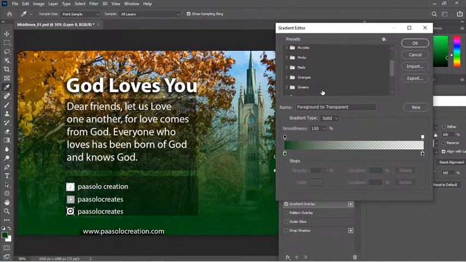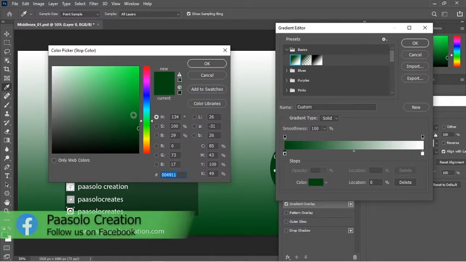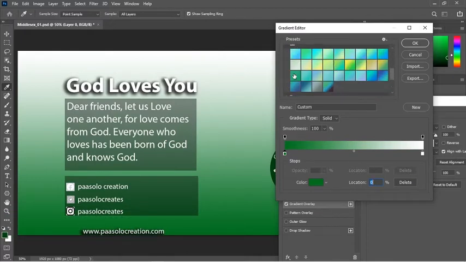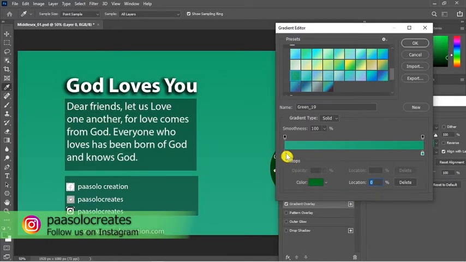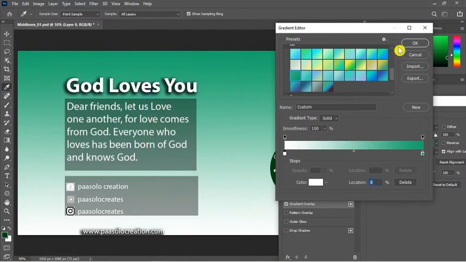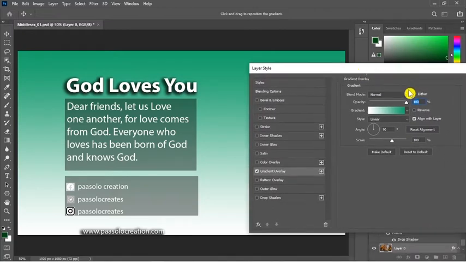So in this one I want to apply a green, something like the green and the white. Yeah, I want to apply this one. Just select that one, click on OK, and maybe you want to change the color a bit. It's too harsh for you. You can just click on it and choose what you want to apply and you click OK. Let me change it to something like this. Okay, and I want to change this one to maybe all white. Click on OK. Okay, then you'll be back at your layer style.